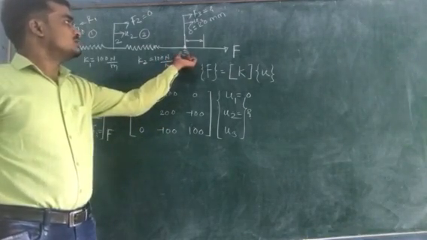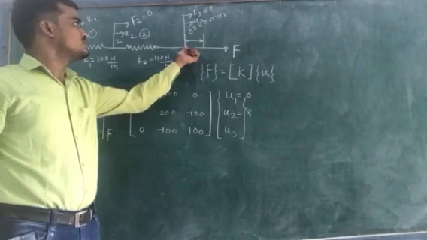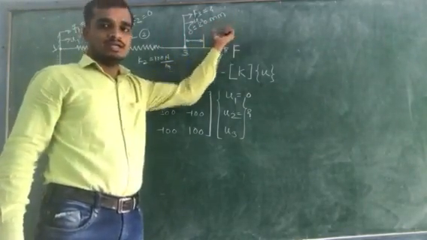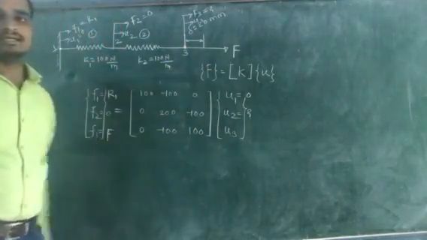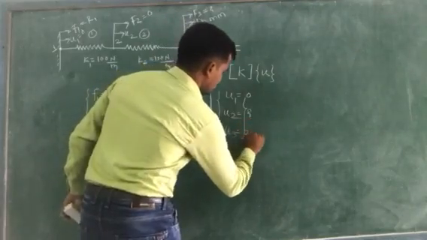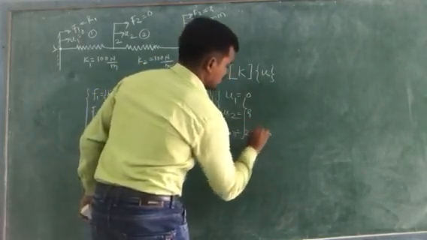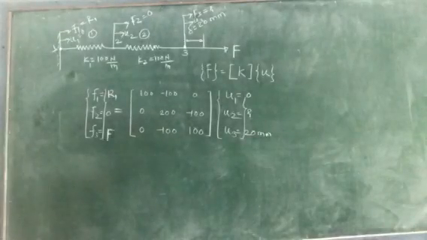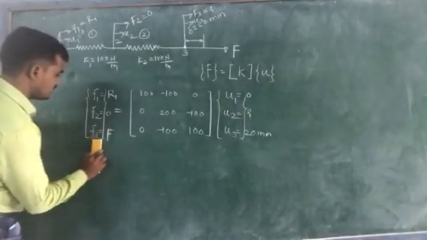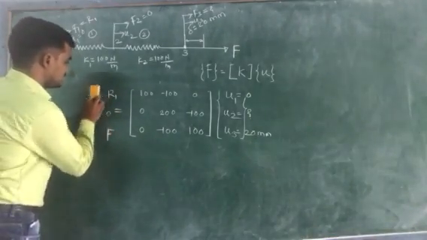And the third one is U3 at this node. The displacement value at this node is given. This node is displaced by an amount delta equal to 20 mm. So U3 is given, it is equal to 20 mm. In this way you will get the first boundary condition for the force vector and the second for your displacement vector. So in this way you will get the final equation as